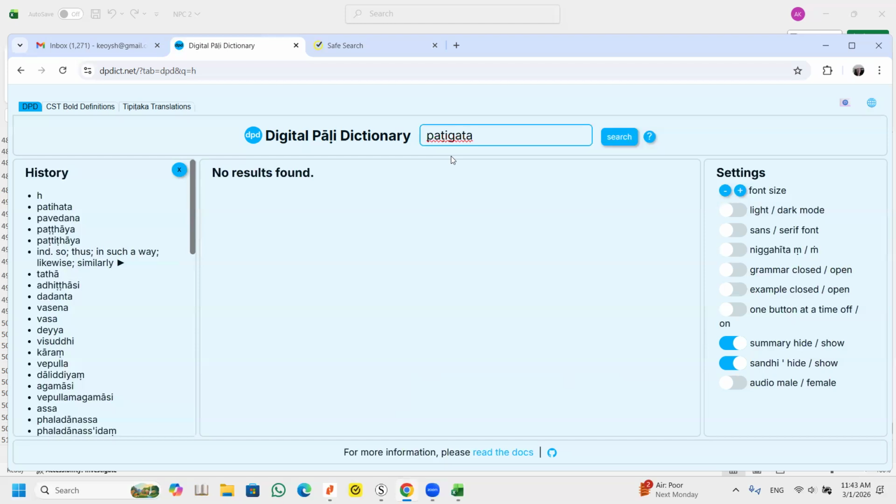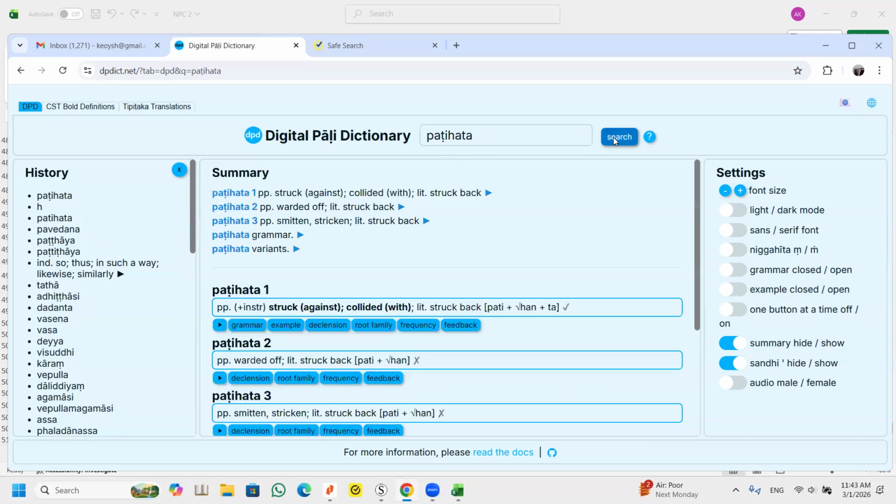Patihata. Okay, you see, patihata is a past participle, from start, collide. And then it was struck back, something like that. So it's a PPP, you remember it's a PPP. So in this case,